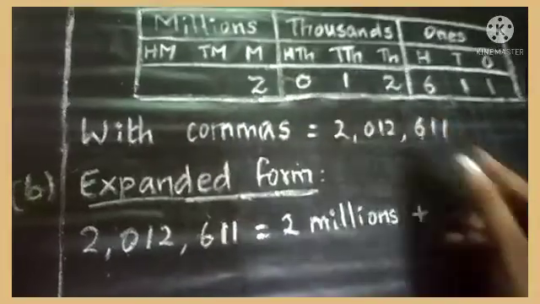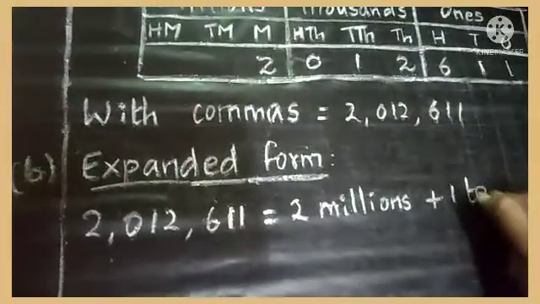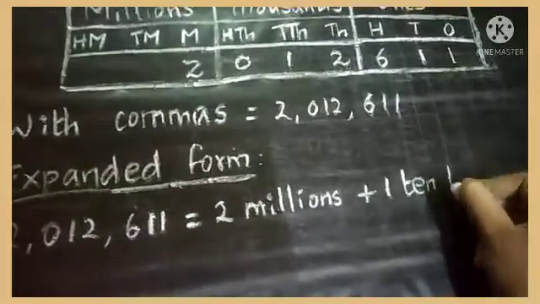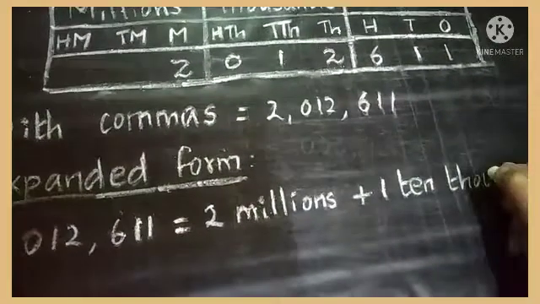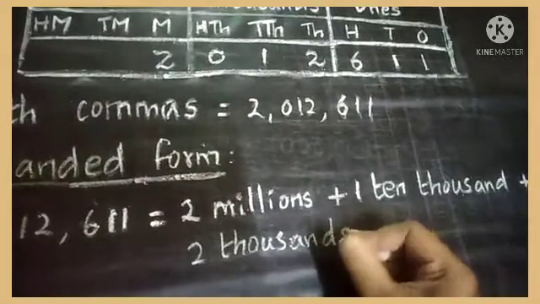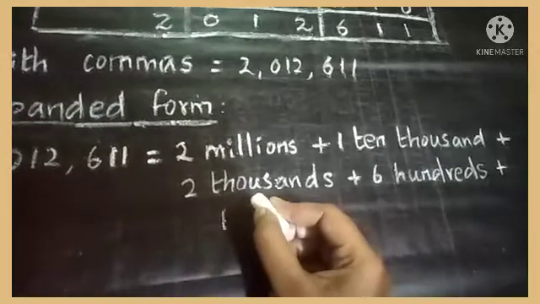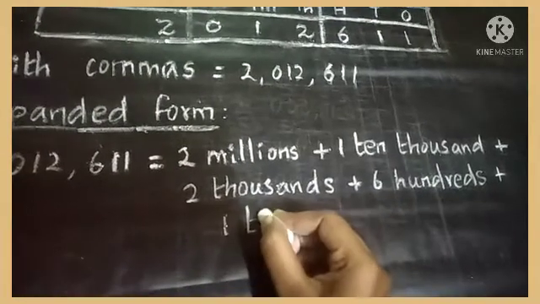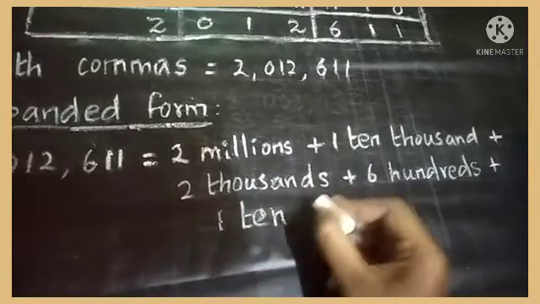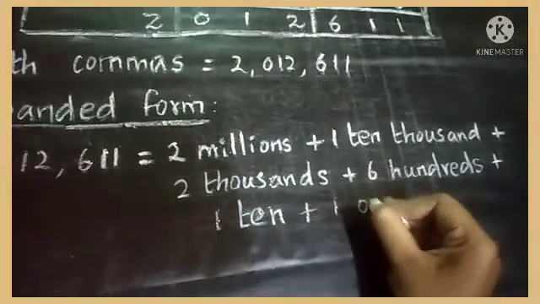1 10,000 plus 2 thousands plus 6 hundreds plus 1 tens plus 1 ones,